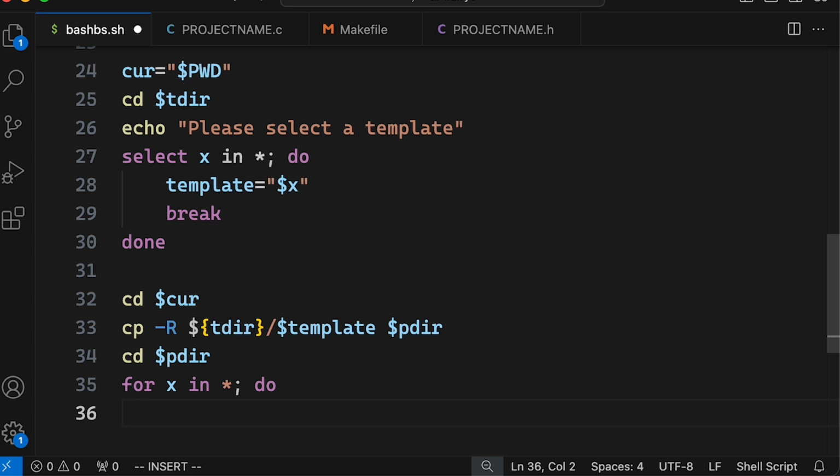The x variable currently contains the name of the file that we are for eaching, so to speak. So let's create a variable where, let's call it new, and we want to run something like